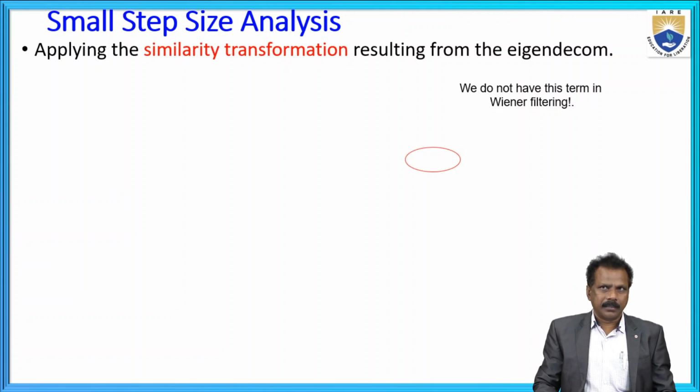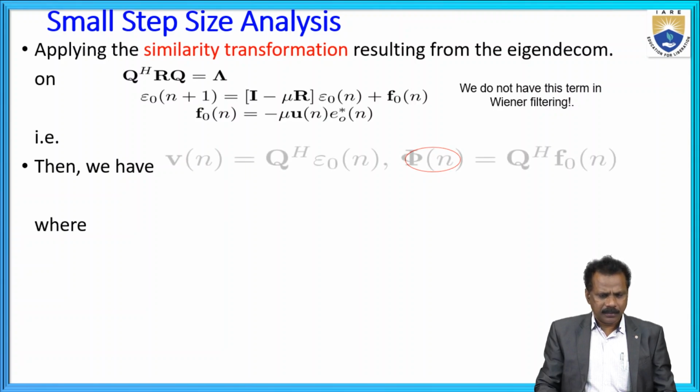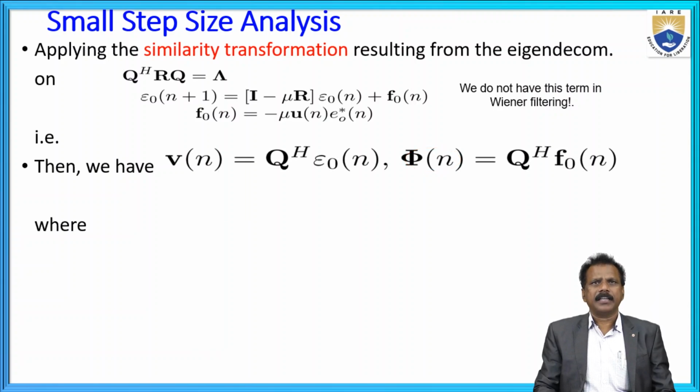eigen decomposition, we will export. We do not have this term, linear filtering. That is, then we have, mathematically, e of n is equal to q power h of n, pi of n is equal to q h of naught of n,